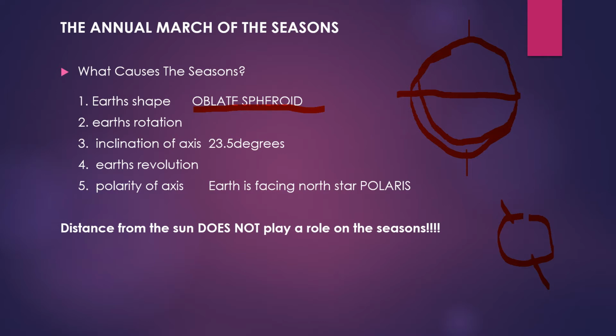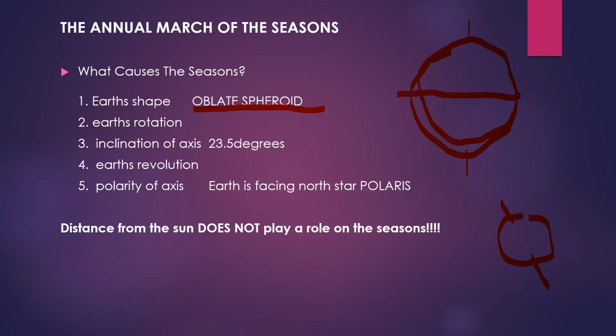And it's not like they're wrong. It's true, our climate is always changing, but you cannot deny the fact that our overuse of fossil fuels, carbon dioxide, and how we're using and exhausting our natural resources, you cannot say that has nothing to do with our climate change. Okay, so your inclination of axis, Earth's revolution, it revolves around the sun, and Earth's tilt, the North Pole